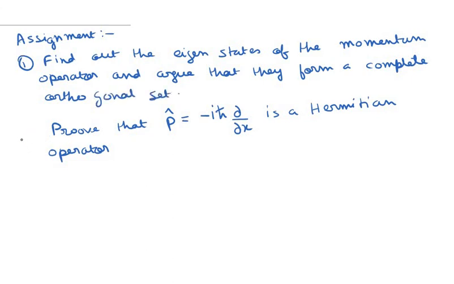Number 2: prove that the momentum operator is a Hermitian operator. And number 3 is